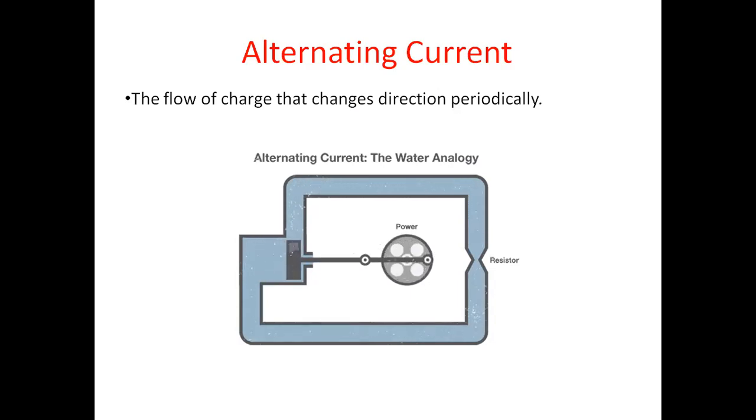A loop of wire is rotated inside of a magnetic field which induces a current along the wire. The rotation of the wire can come from any number of means: a wind turbine, steam turbine, flowing water, and so on. Because the wire spins and enters a different magnetic polarity periodically, the voltage and current alternates on the wire. Here on the screen we can see the animation which shows the principle.